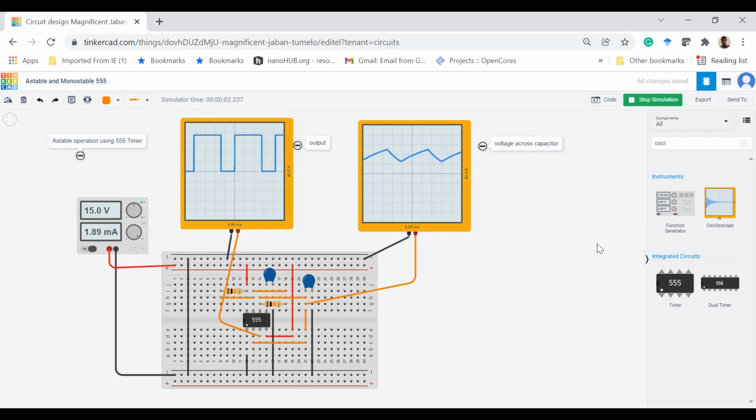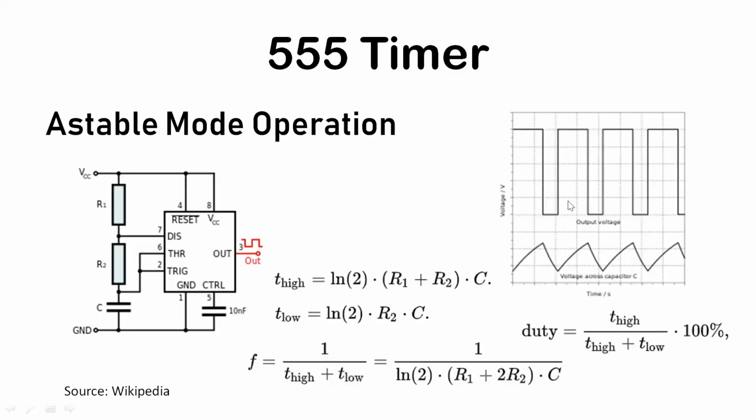So now you can visualize the expected output. This is the on time, T on. This is the off time, T off. And this is the voltage across the capacitor, where the charging takes place and discharging takes place. We are getting the expected output similar to our theory. And from the oscilloscope, you can measure the high and low values, that is on time and off time,